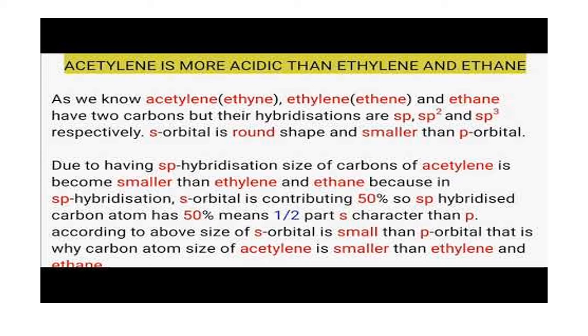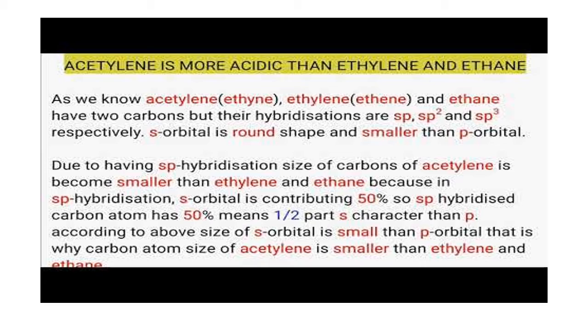So the more the percentage of s character, the more electronegative the carbon atom is. This I already told in the chemical bonding. When it is more electronegative, it will withdraw electrons. Which electrons? The shared pair of electrons. So in ethyne, C triple bond C, with H on one side and H on the other side, between the C and H bond the electrons are there, no? Those electrons are taken by the carbon more in ethyne compared to ethene and ethane.